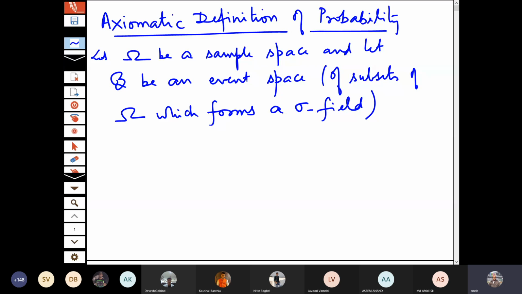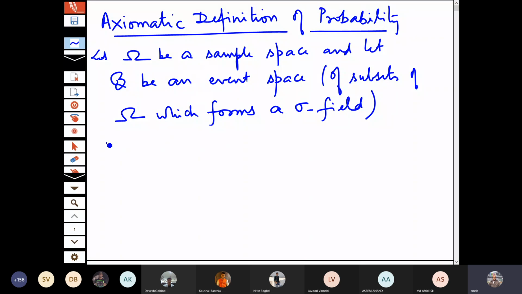The reason for considering a sigma field is that we may not consider all subsets of a sample space, but we will consider only those which are relevant. However, when we consider those which are relevant, we should be able to consider their unions, intersections, complementations, differences, and so on. And the sigma field ensures that such sets will be there. In mathematics, we call B a measurable space, but I will not use that terminology here because you have not studied that part.